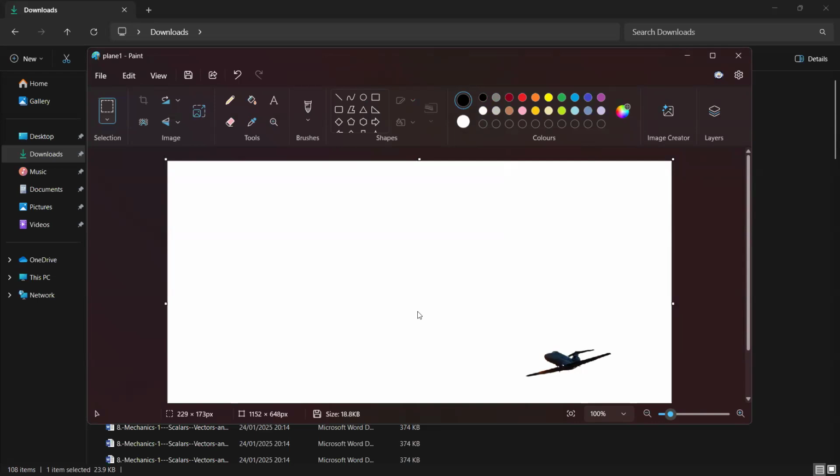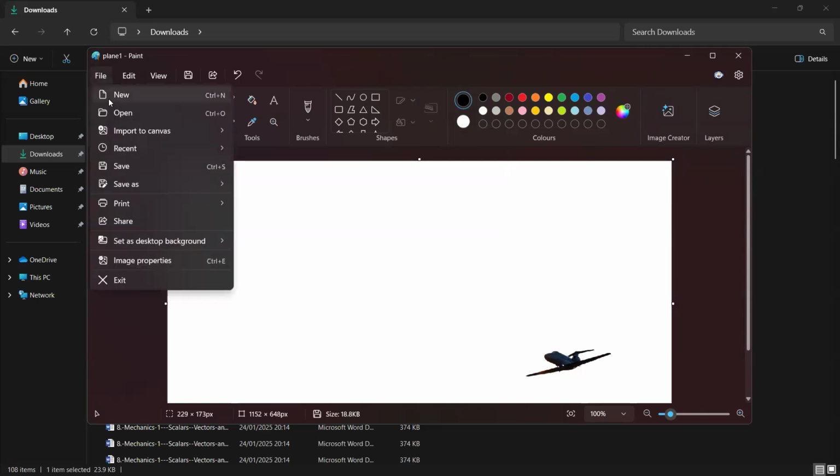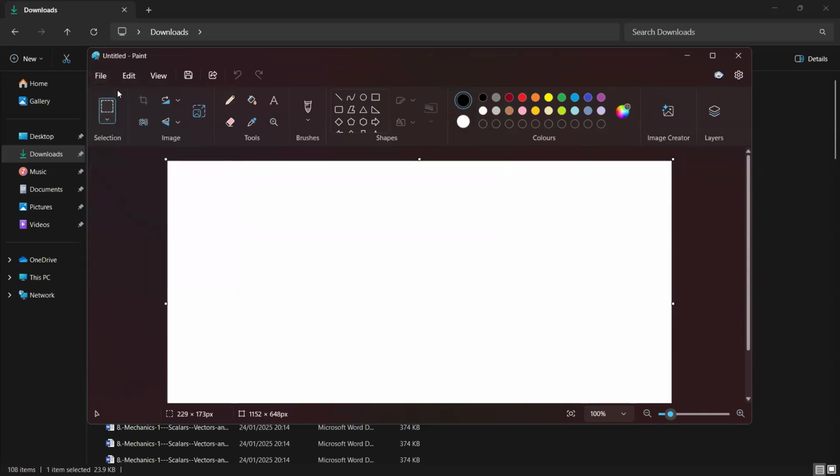So we're going to do this again. Click on File and click New. Then Control V. Do Control V again.